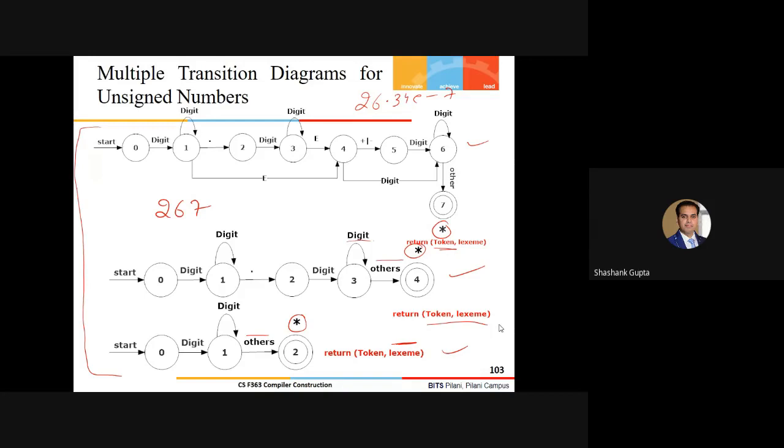Now my question to you: how will you deal with these things now? How will you tokenize it? Because the priority order is moving like this. Come on, guys, give me certain responses. How will you tokenize this? Come on, guys, quickly. I have not asked you anything which is rocket science. How will you tokenize this, considering these are the specifications written in the form of transition diagrams?